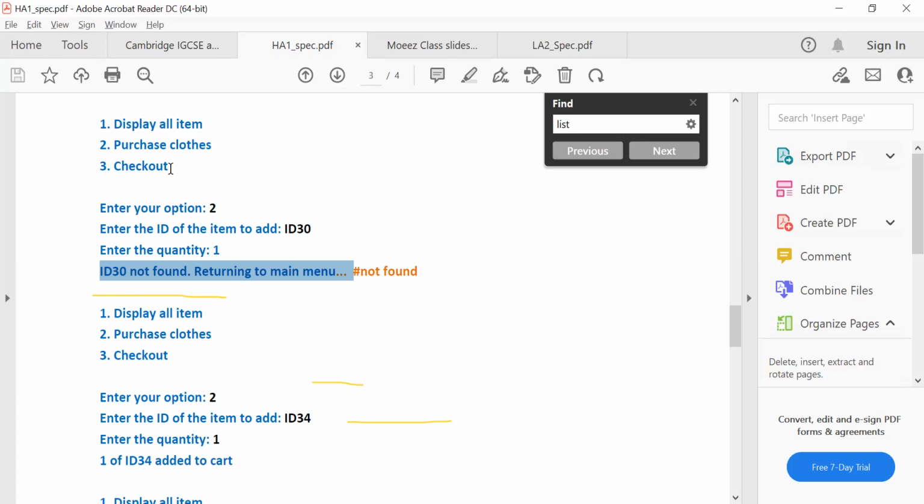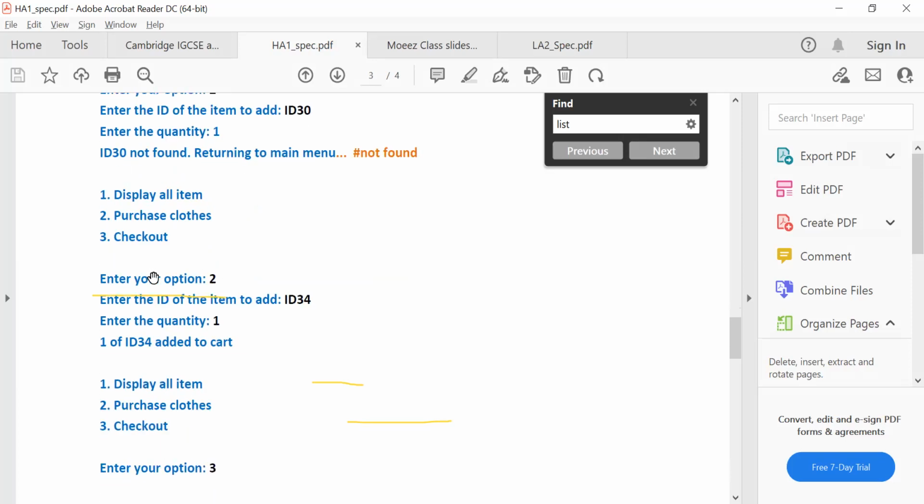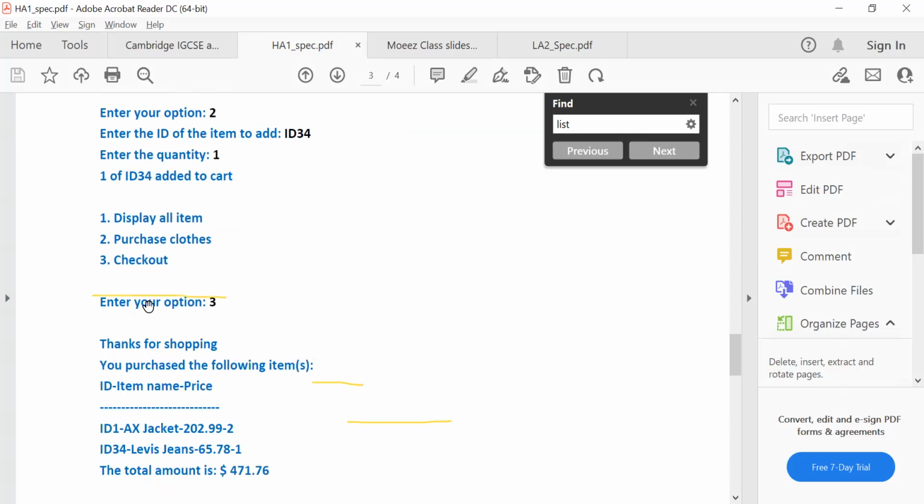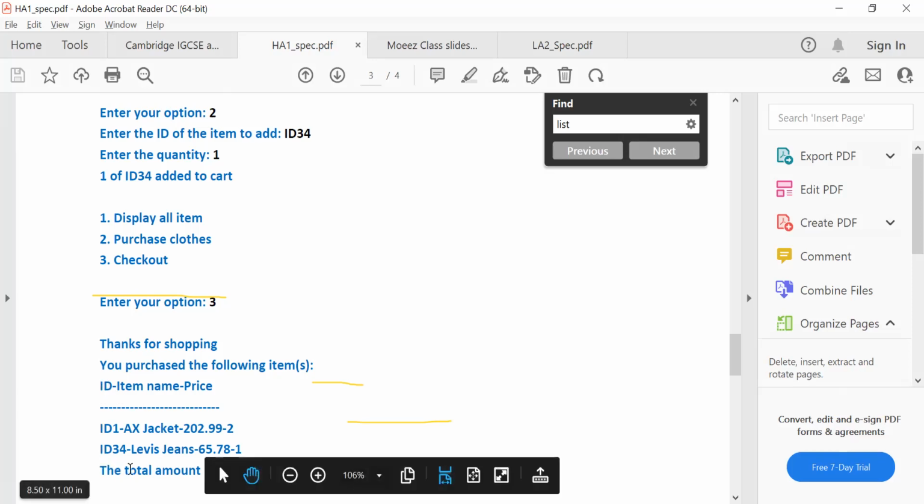Okay, so the last thing that we should be doing is checkout. Let me see. When we print here checkout, it will say thanks for shopping. You purchase the following items. And then it will proceed to print everything